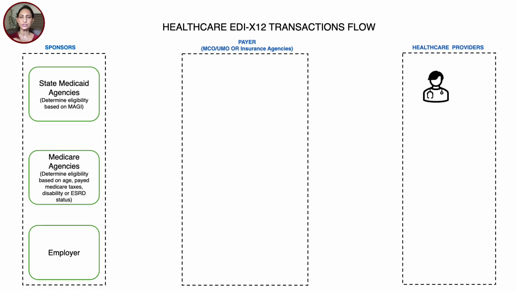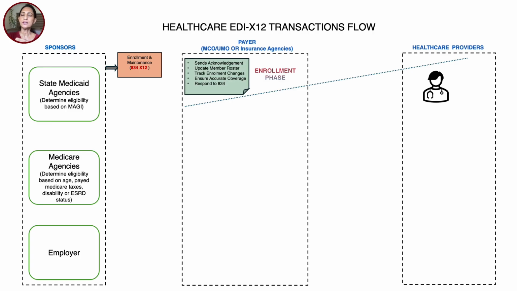The employer also makes sure that you're eligible to be enrolled into the insurance company, and then when they've made sure your eligibility is in place, that's when the enrollment phase kicks in. The sponsors will be sending your enrollment information to the payer as part of the enrollment phase. Your enrollment information will go from the sponsors to the payers in the form of 834 X12 file, which carries your new enrollment or your maintenance enrollment information. For example, there's a childbirth or you're married, so all that change of information is again exchanged in the form of enrollment files only, 834 X12.